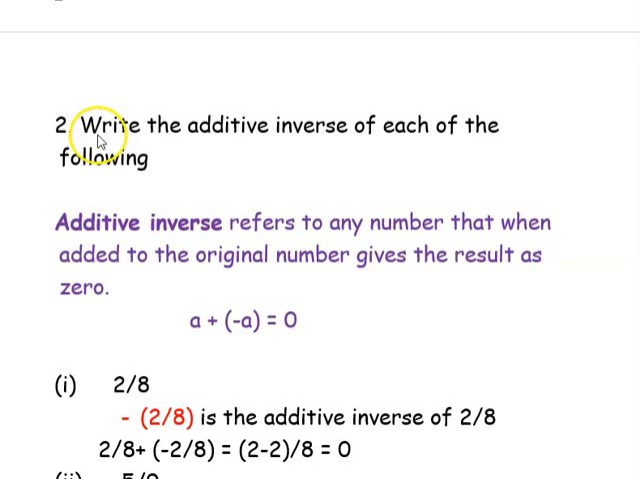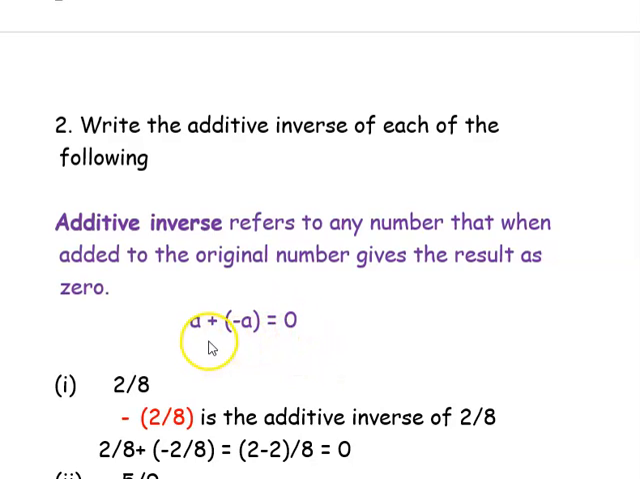Next we'll see the second question. Write the additive inverse of each of the following. We know that the additive inverse refers to any number that, when added to the original number, gives the result as 0. Suppose a is a rational number. If you add any number to this rational number a so that your result should be 0,